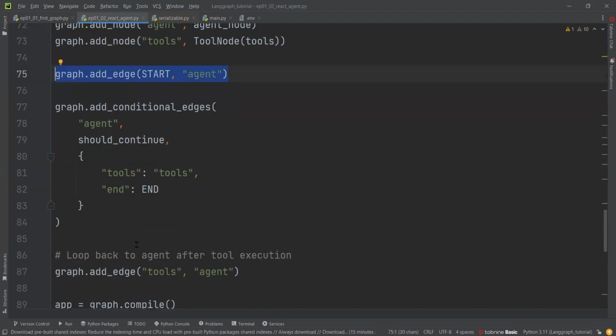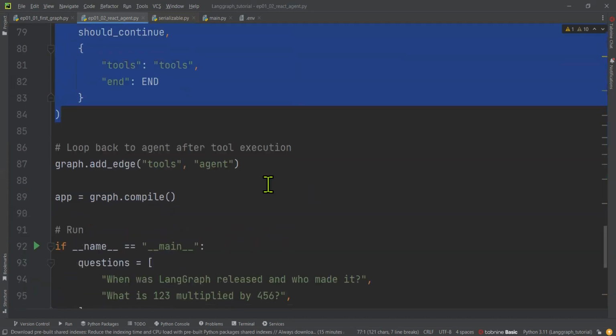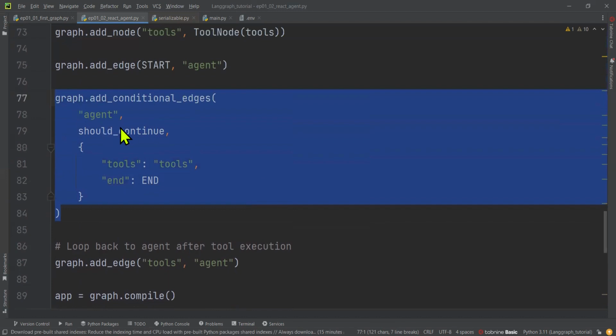And then what we have over here is where the graph becomes intelligent. After the agent runs, the router decides what happens next. If a tool is needed, go to the tool node, otherwise finish the execution. Okay, and we'll have the ReAct loop over here